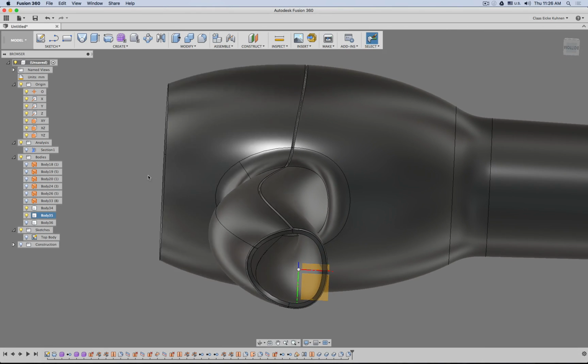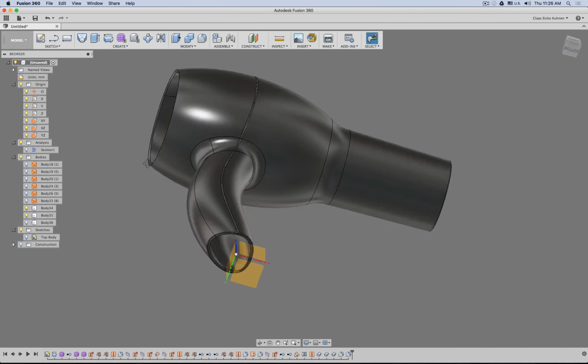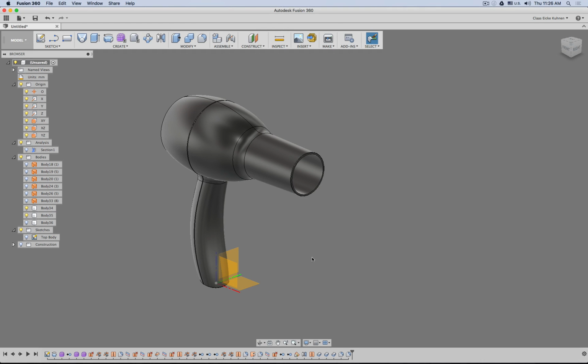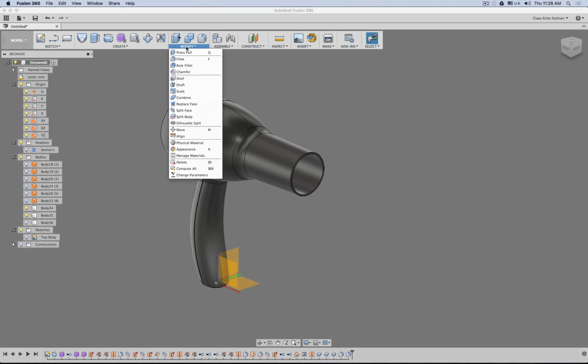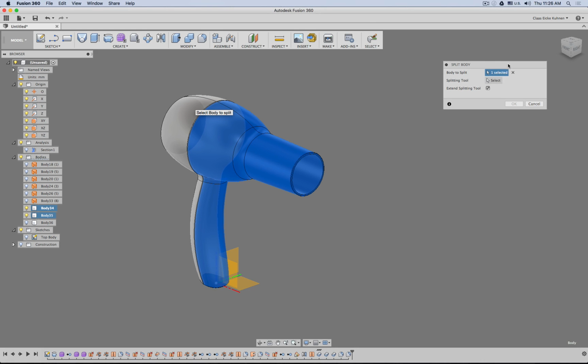So it's up to you now, and a little bit of super glue I think can really help here. So what we will do is the following. We have a nice shell. With the shell, that basically means we are not going to print a big solid part. So all we need to do now is go to split body this time and say you and you,